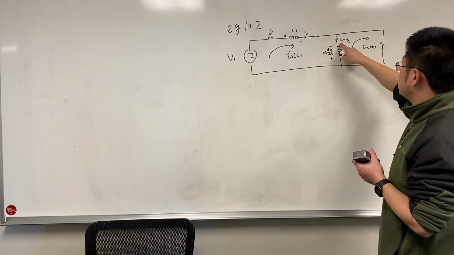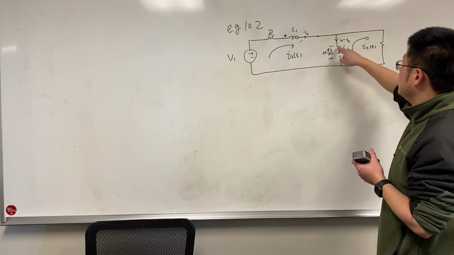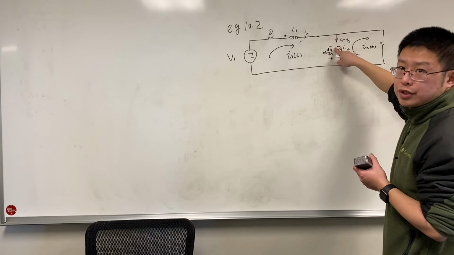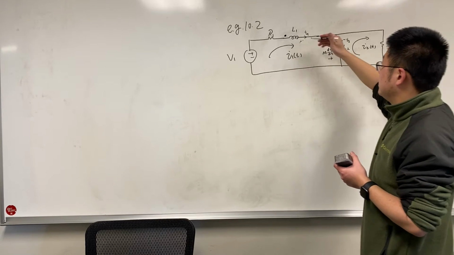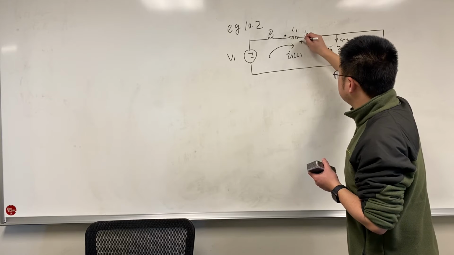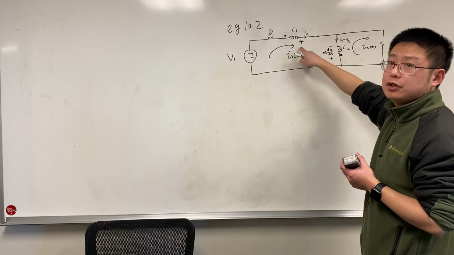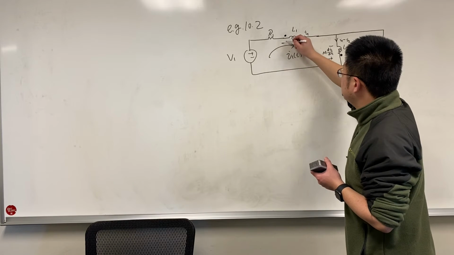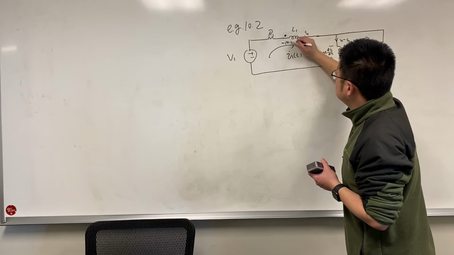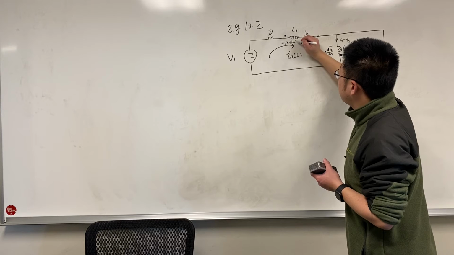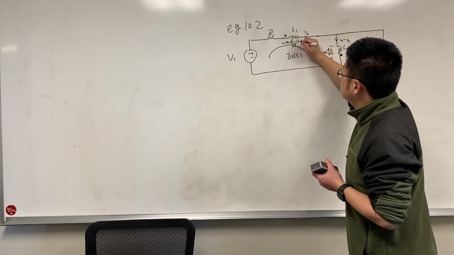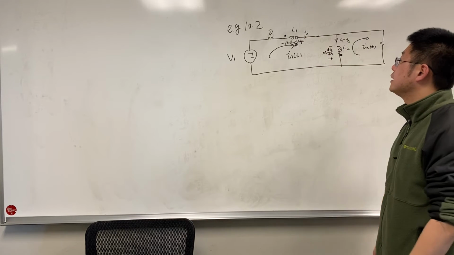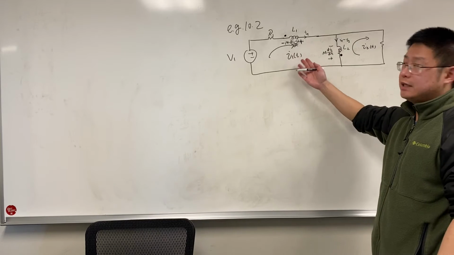And this current I1 minus I2 is entering the undotted terminal, so it will generate a voltage which is positive at the undotted terminal, and its magnitude is M times d(I1 minus I2)/dt, right? Then we can write the